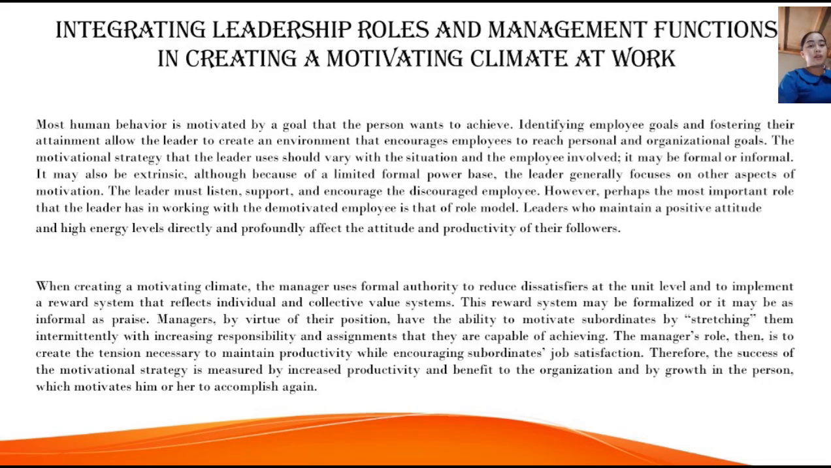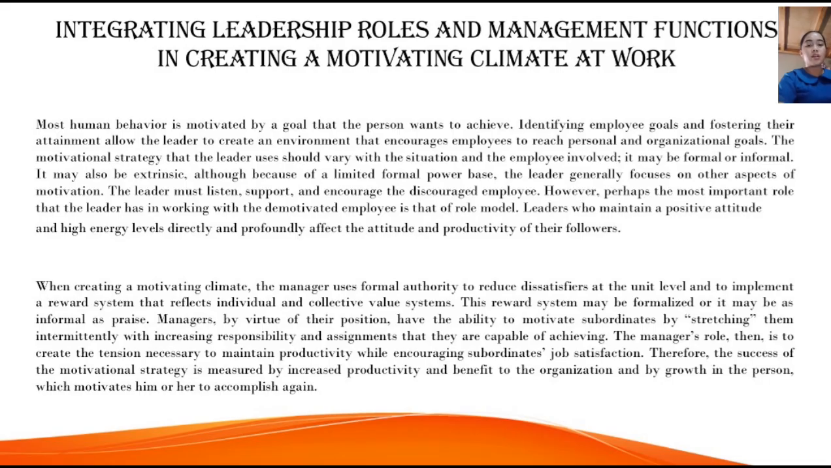It may be formal or informal, and it may also be extrinsic, although because of the limited formal power base, the leader generally focuses on other aspects of motivation. The leader must listen, support, and encourage the discouraged employee. However, perhaps the most important role that the leader has in working with demotivated employees is that of role model. So leaders who maintain a positive attitude and high energy level directly and profoundly affect the attitude and productivity